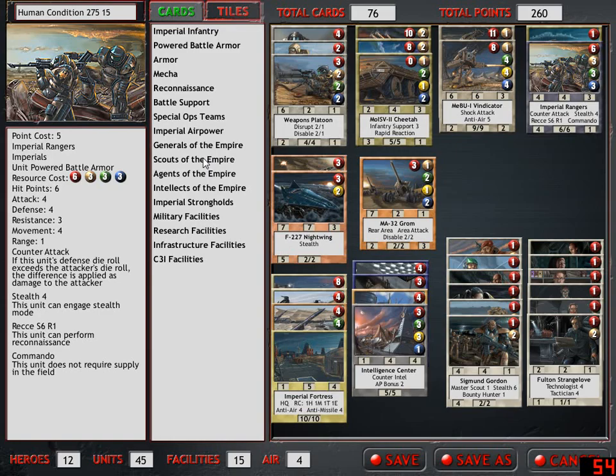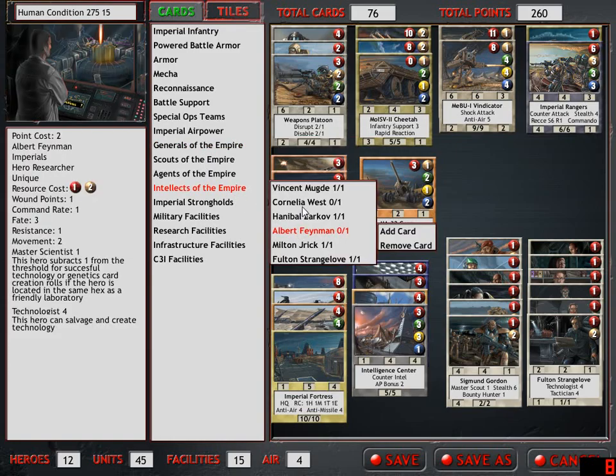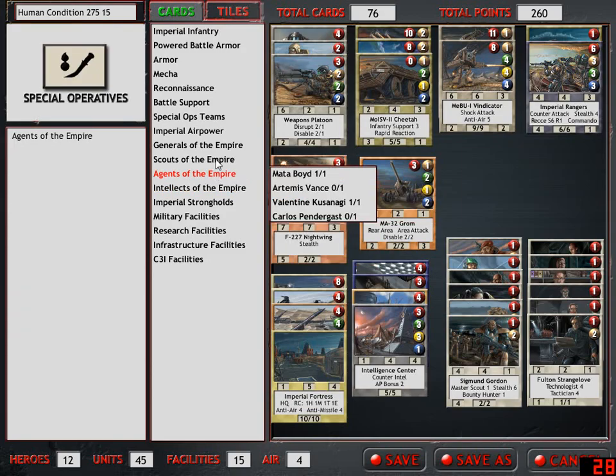I want to add another hero, at least 1 more. So the question is, do you want to add Albert Feynman, who's supposed to be Mr. Freeman, to give us a good amount of technology? And as you've seen, I build a lot of that. We could also add Cornelia West. So she helps all our technology and genetics roles with Master Administrator. And she also makes it so we can draw cards more easily. I want to add 1 of them, and then I think I want to add another